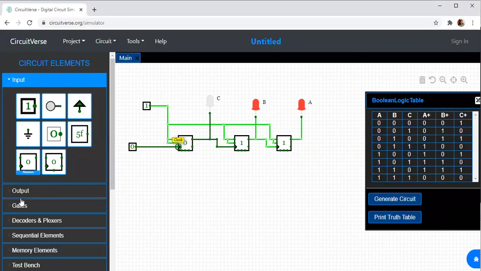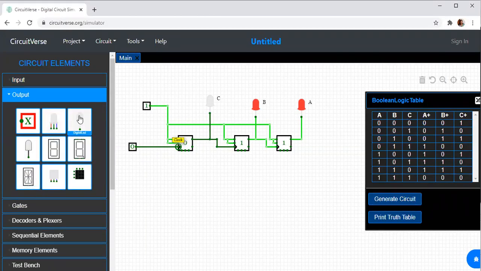Also, suppose if you connect LEDs to the Q bar. If I connect LEDs to Q bar, with the positive edge clock, you can see that the counter will be performing an up count. The counter will be performing up count, because one is the reverse of other, right? Q and Q bar are inverse of other. So I've connected to the Q bar over here. Just observe only Q bar.